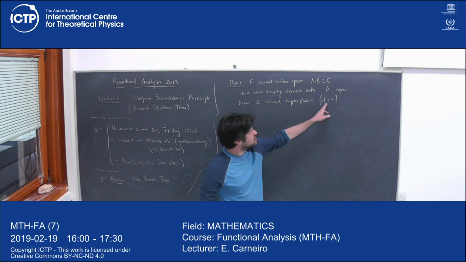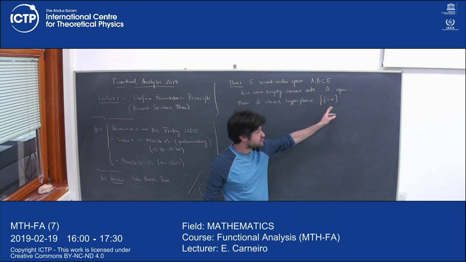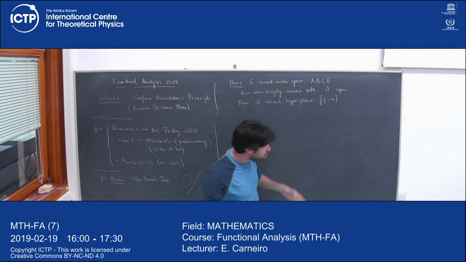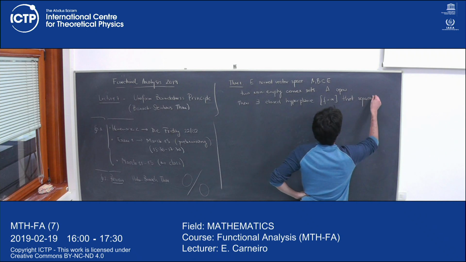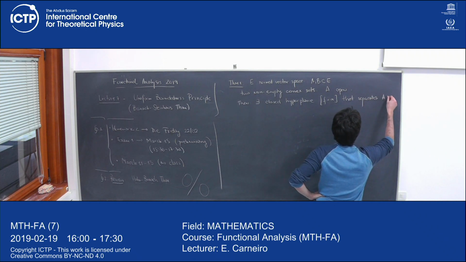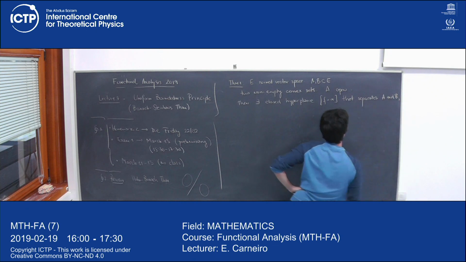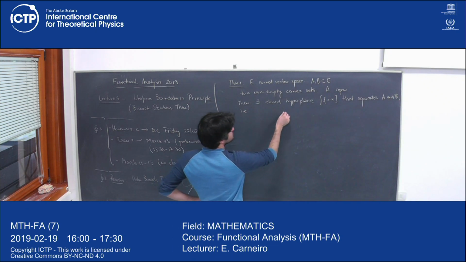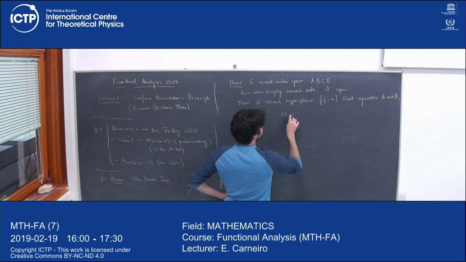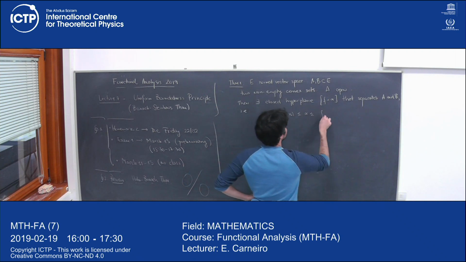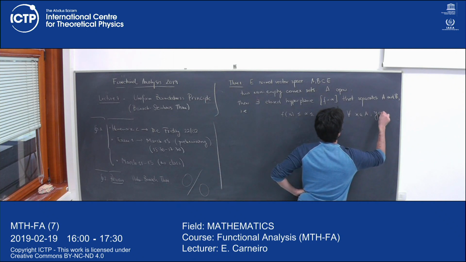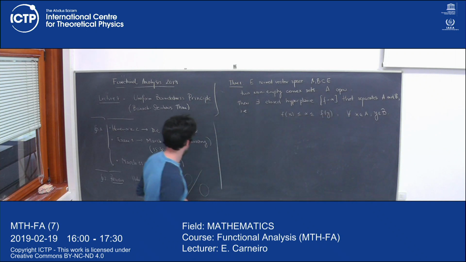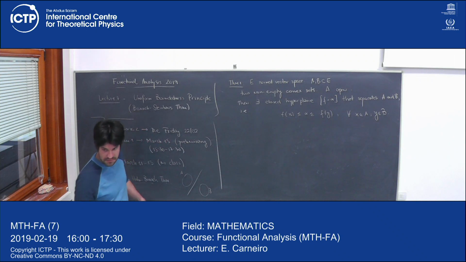Let's see. It's a linear functional f, the set of the points where f of x equals a certain real number alpha, that separates these 2 convex sets, A and B. That is, meaning f of x less than or equal to alpha less than or equal to f of y, for any x in A and y in B. So if I give you 2 convex sets, A and B, one of them open, you can find a hyperplane that